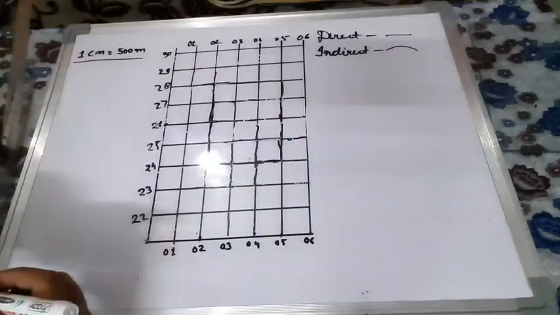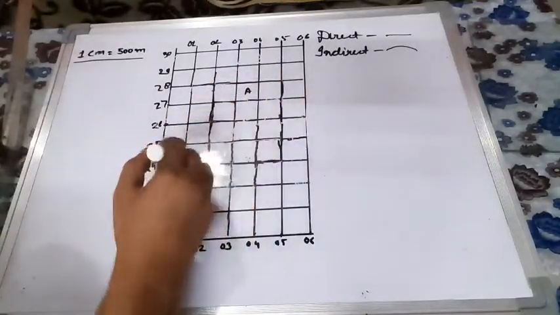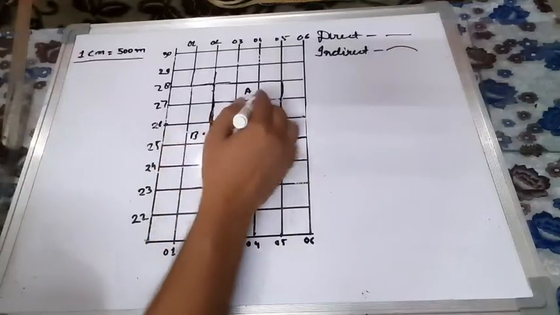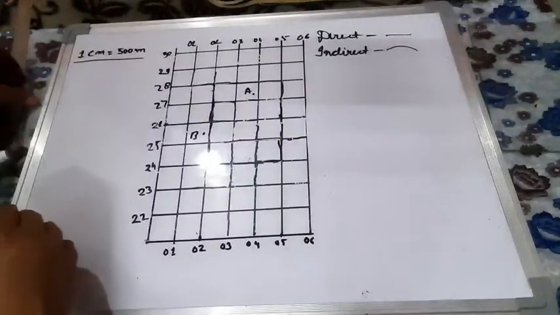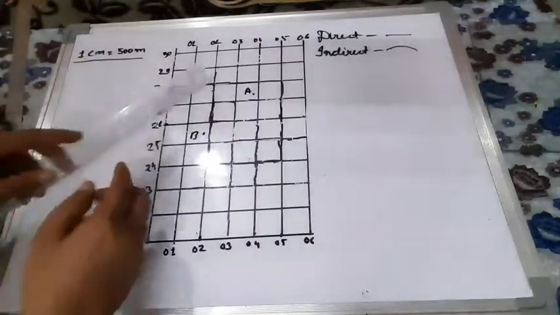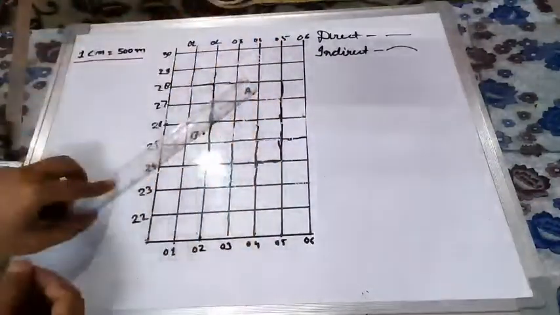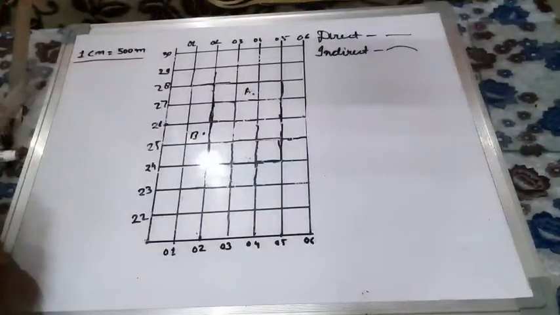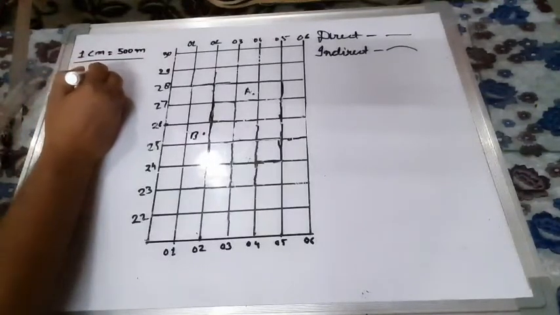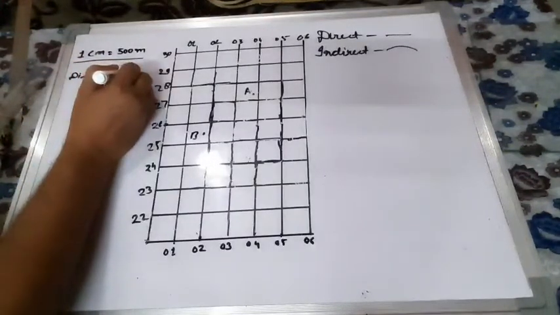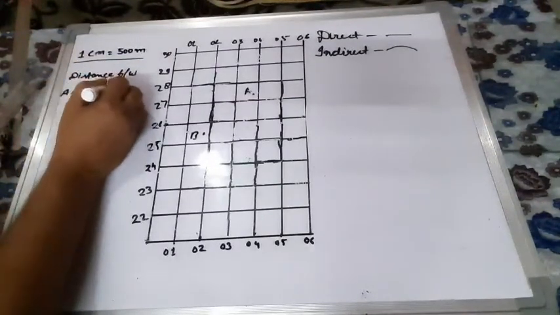So let's see how to find out direct distance. Suppose that there are two places here, place A here and place B here. We have to find out the distance between these two places. So how will we find out the distance? We will find out using our ruler. We will put our ruler from A to B. Suppose that we are getting 9 centimeter, so we will write here, distance between A and B is equal to, कितना है, 9 centimeters.